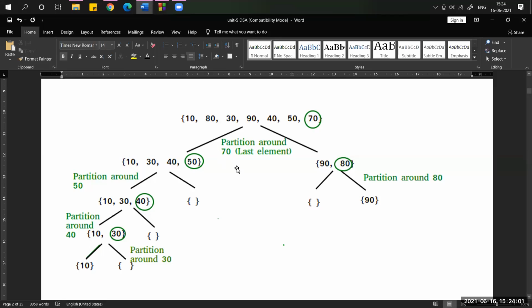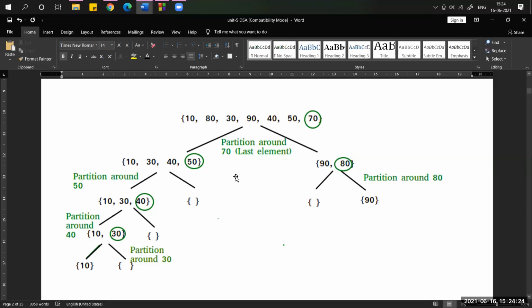These two steps are very, very important in quicksort. What is the first one? Select the pivot, and then based on the pivot, divide the given array into partitions, like left sub array and right sub array. Repeat these steps again and again until you get a single value.